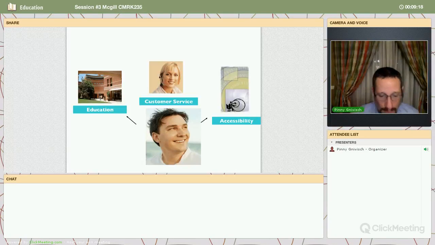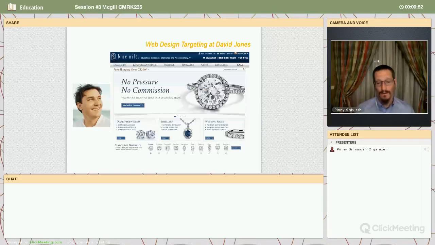So when we think about David, what are his motivations? He needs to buy the diamond ring. He's been procrastinating forever. She's bugging him. So he needs to educate himself because he's spending a lot of money on this ring. So he must educate himself. He has to have the ability to feel like he can talk to customer service, but maybe not necessarily personally, but if you have the chat feature to talk, for him it's less intimidating. So we implemented that as well. And he wants it to be accessible. He wants to be able to access all this information at the tip of his fingers and feel comfortable and secure when he's doing it.